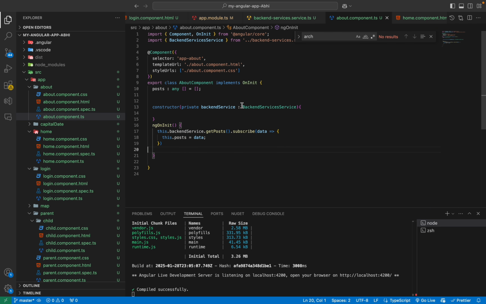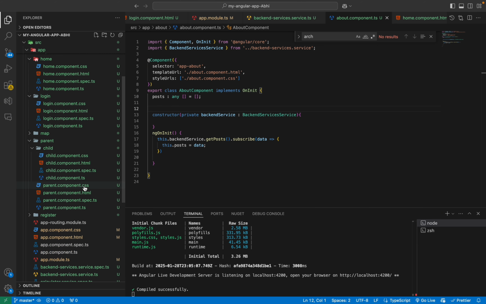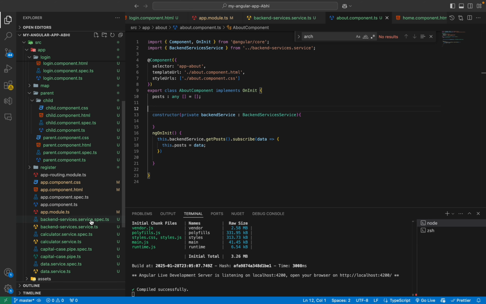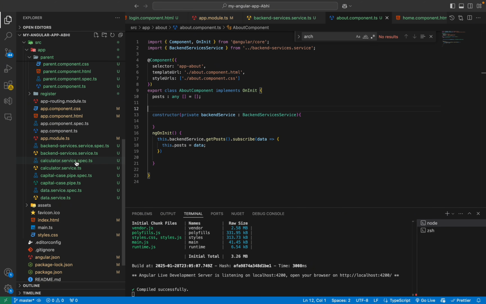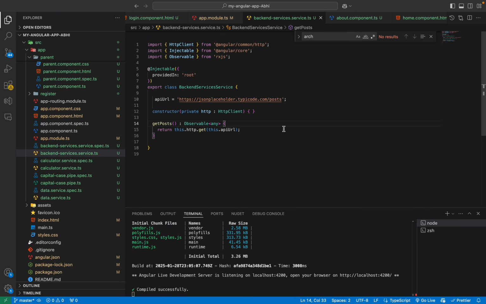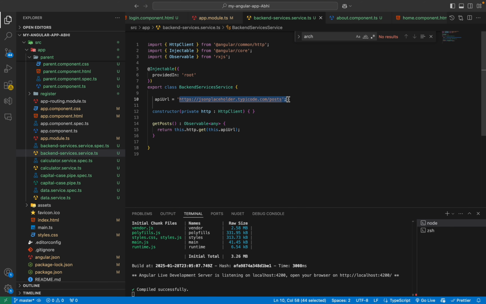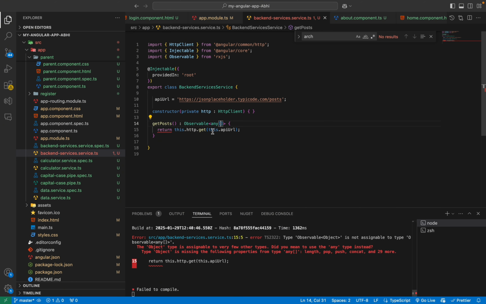So we will go to our Visual Studio Code and we will start with ngOnInit. First we can go to our service file. We have a backend service file here. I will be using real life examples to explain these lifecycle hooks. For example, we have a get post method, it returns an array of objects which have all the posts inside them. So this returns an observable of type any, and we will return an any array,